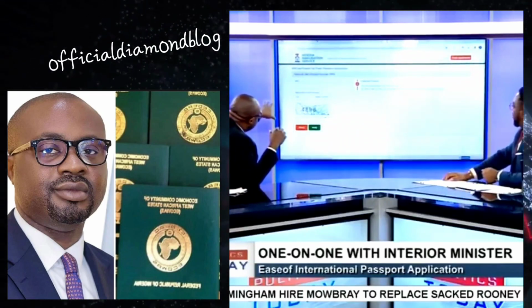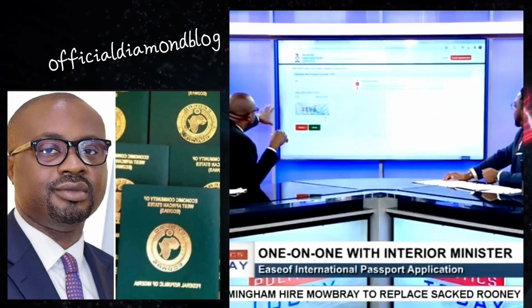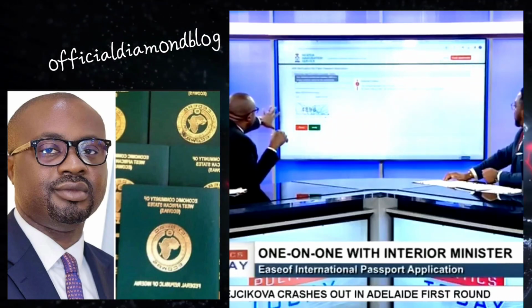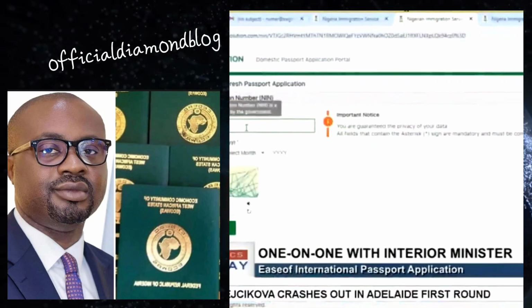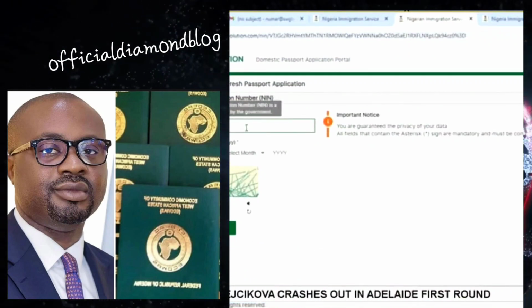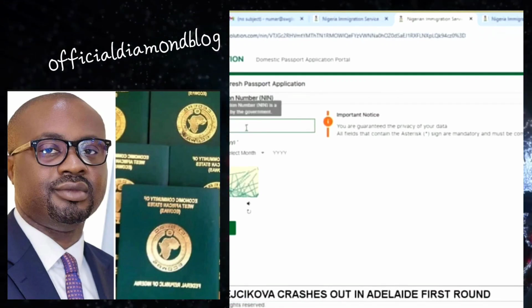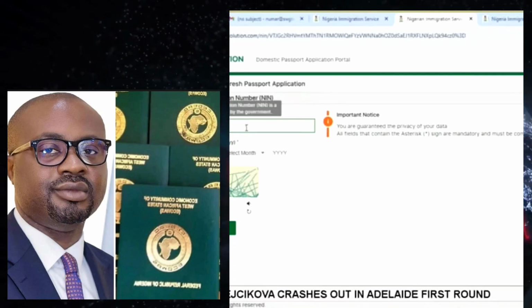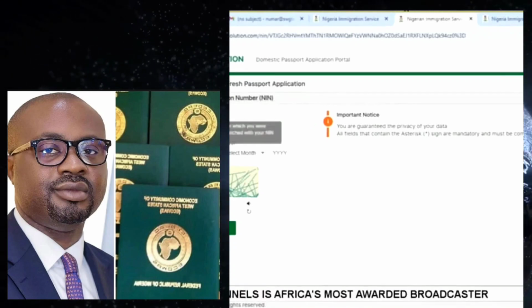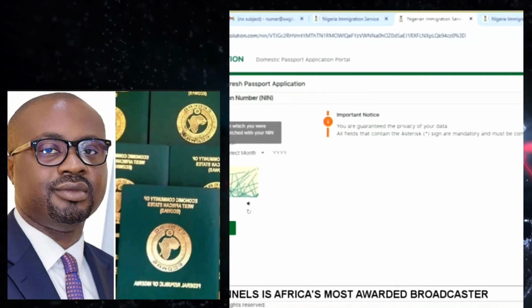Okay. So this is the first page. So you enter your NIN number. Once you enter your NIN number, immediately you see it now. This is just like a test NIN. It's a test environment. Yes, but it's live as we speak now. Okay. So anyone can go on to it. It's immigration.gov.ng. Okay. But this is what we use because we can't be using somebody's real name on live TV because of data.